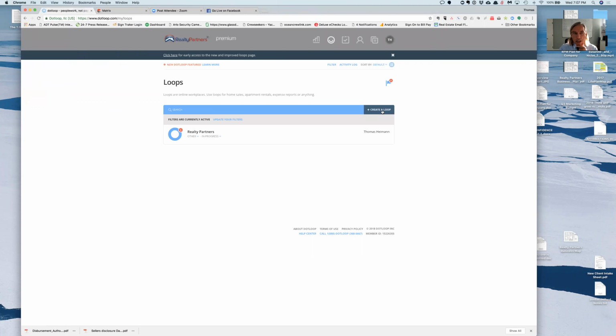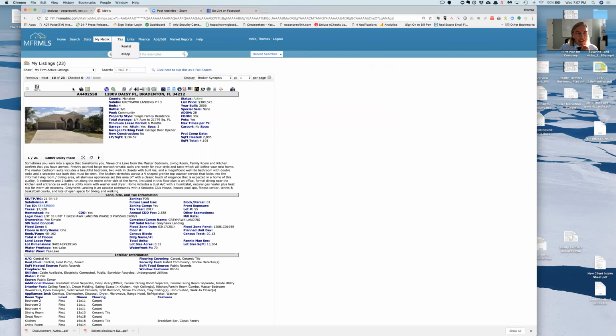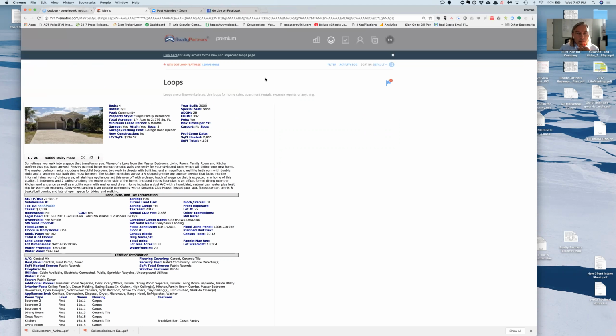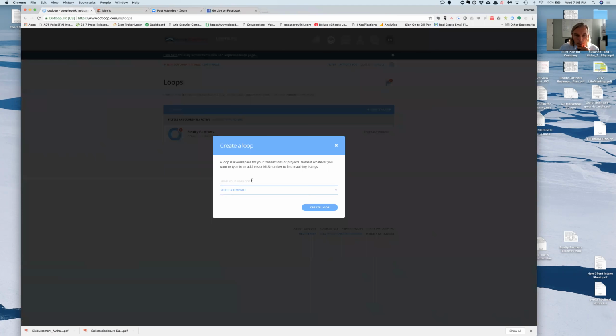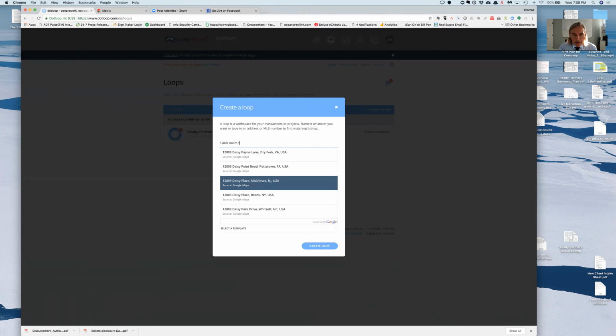we start by creating a loop, and we want to use the address as the name for the loop. I'm just going to go ahead and highlight the address here. That should work. I'm going to go ahead and create a loop. I'm going to paste the address in here. And actually, I want to show you something. If I start to type in here,